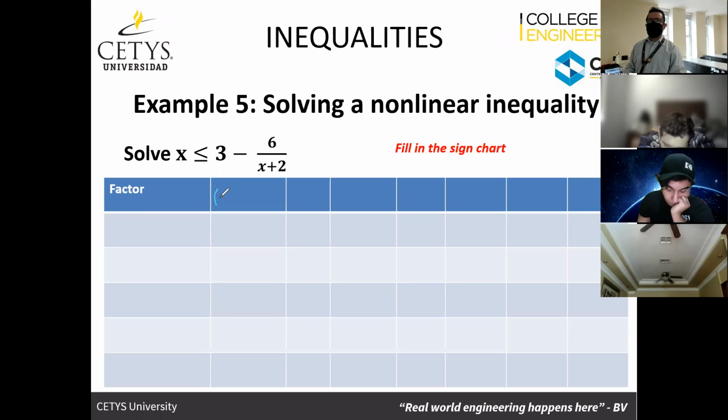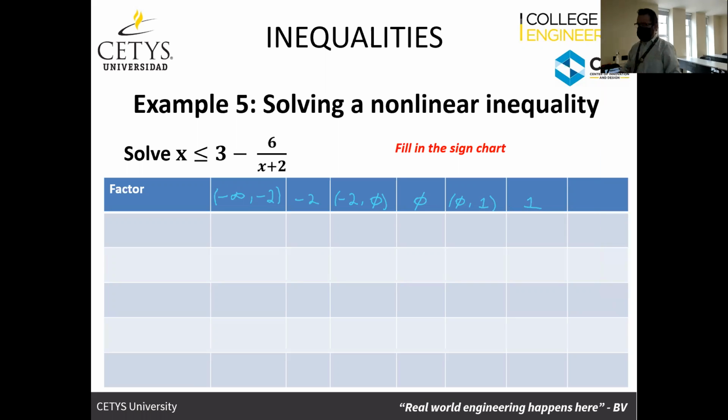So we're going to get from minus infinity to -2. I hope I didn't miss any columns. From -2, we're going to have -2 to 0, 0, 0 to 1, 1, and 1 to infinity. And over here in the rows, we're going to have the different